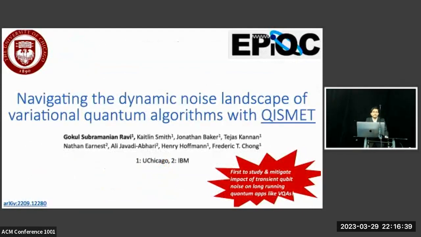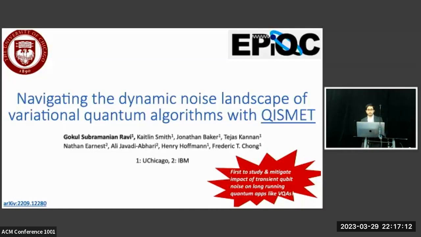Okay, so the previous speaker spoke about quantum error correction, and that is useful in the long term of quantum computing, but that requires a lot of qubits. So it's also useful to have algorithms which can work reasonably well without quantum error correction. They can benefit from error correction, but they can also be useful in the noisy regime as well. And one such family of algorithms is these variational quantum algorithms. So it's useful to find other ways to reduce errors in qubits so that these algorithms can produce useful